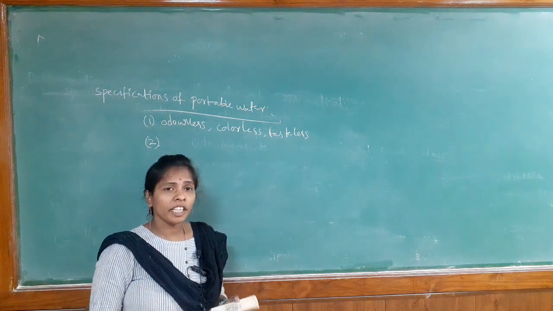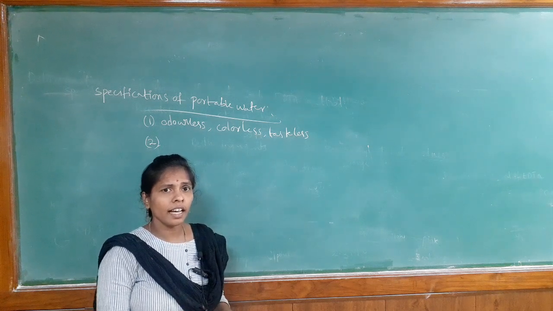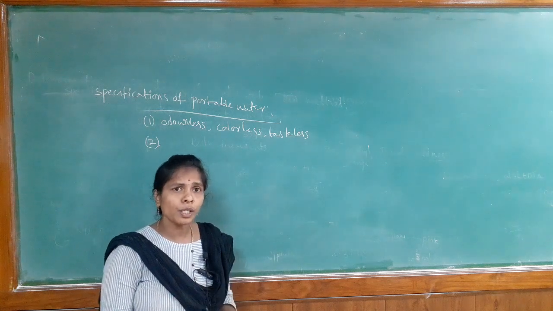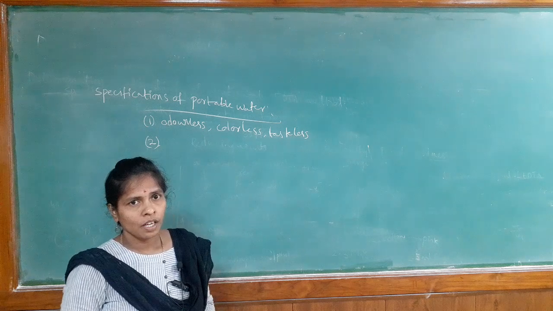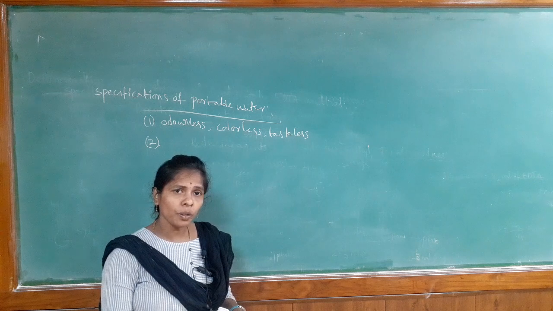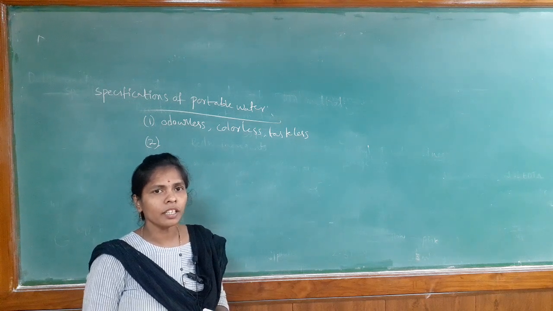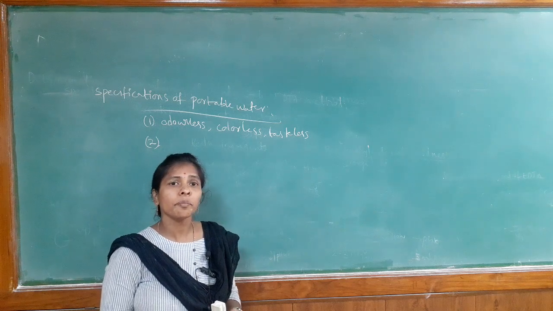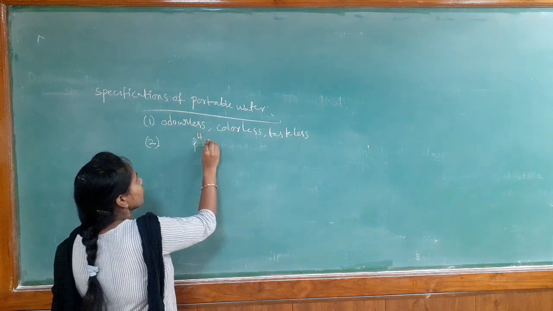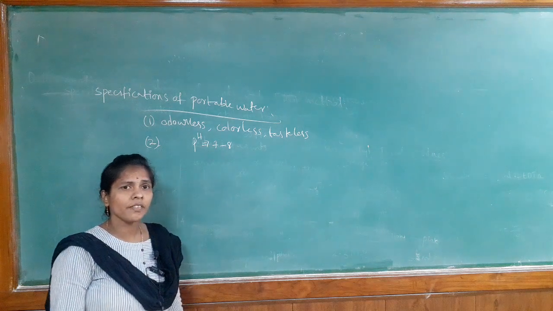We know the pH scale of the solutions. If the pH is less than 7, acid; if pH is more than 7, base; but if pH is equal to 7, that is a neutral solution. So, we can't have acidic and basic solutions. We can have only the neutral solution. That means our drinking water pH should be neutral, that means the pH value should be 7. So, the pH value 7 to 8 is acceptable, less than 7 and more than 8